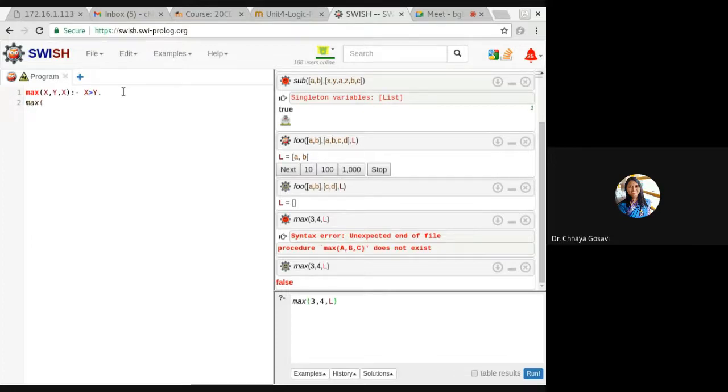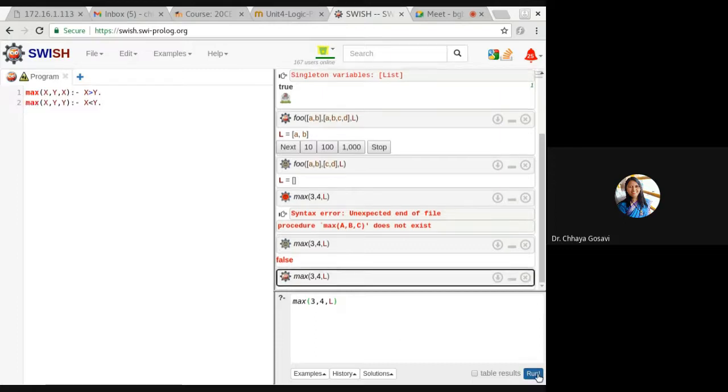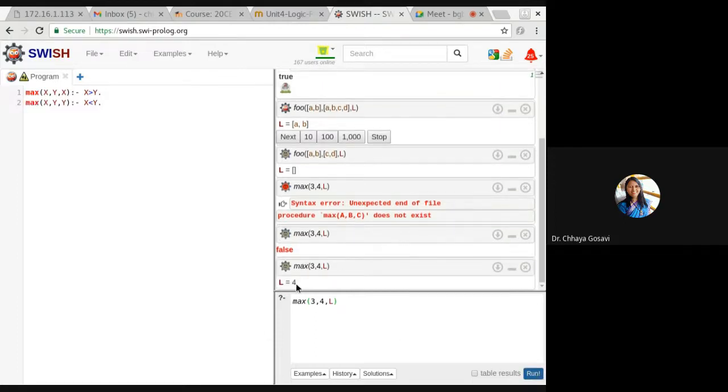Max x comma y is y if x is less than y. So here it will return the max value, whether 3 is max or 4 is max. This we have checked for two variables.